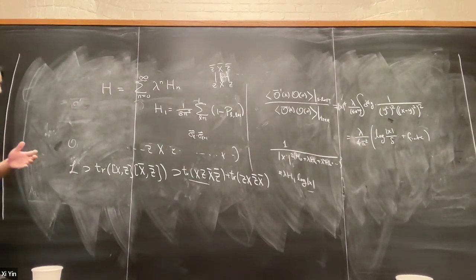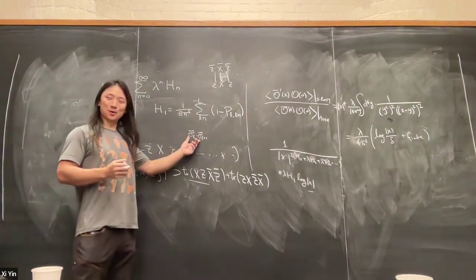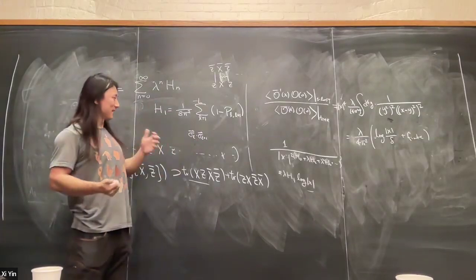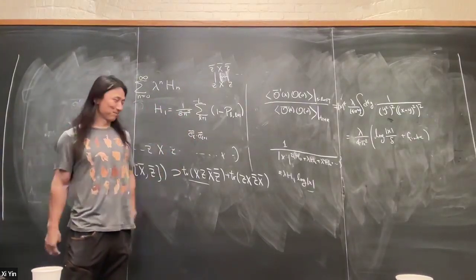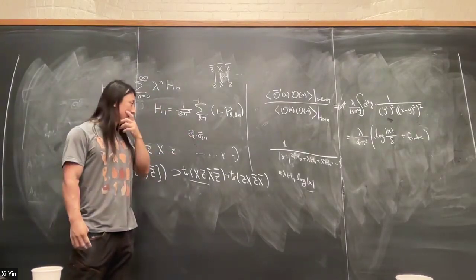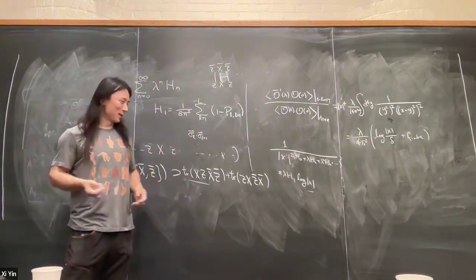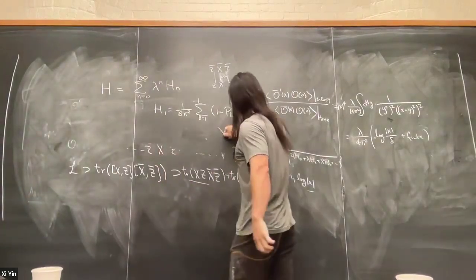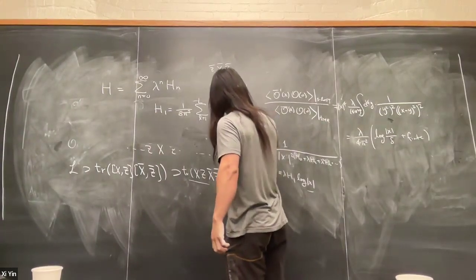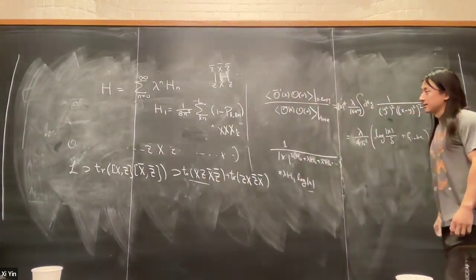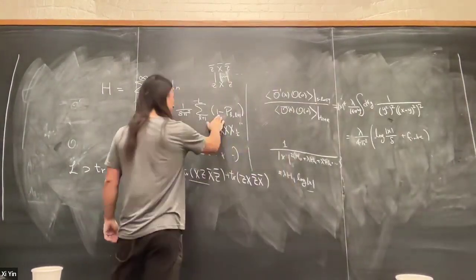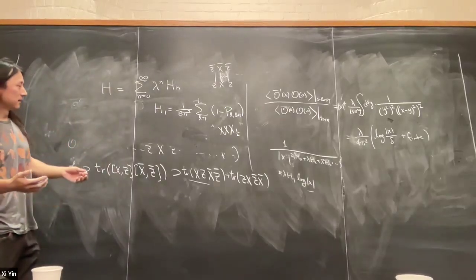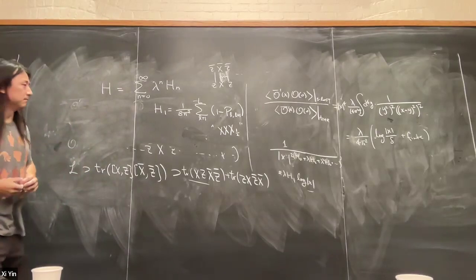In this terminology, the XXX refers to the fact that it's homogeneous with respect to rotations in the 3 dimensions, if you think of the Pauli matrices as spin operators, and the 1/2 refers to the fact that it has spin 1/2. Anyway, it's just some terminology. So this is known as the XXX spin 1/2 model. This one, of course, is very trivial. This one guarantees that if the state is symmetrized, then H1 evaluates to 0, as it should.